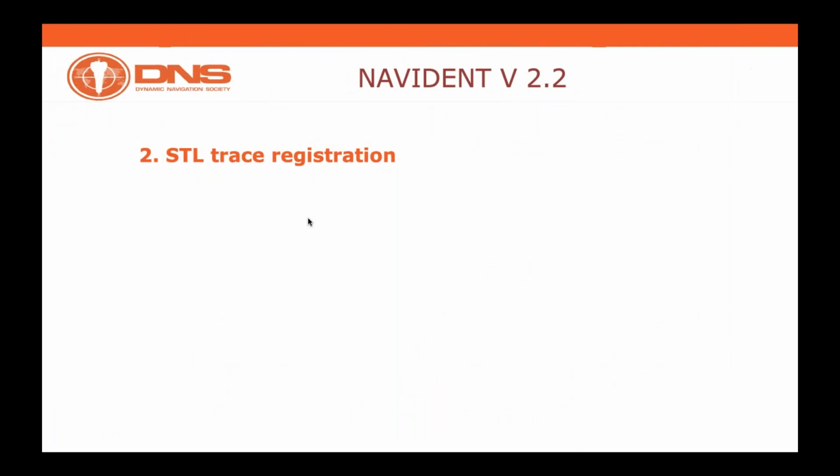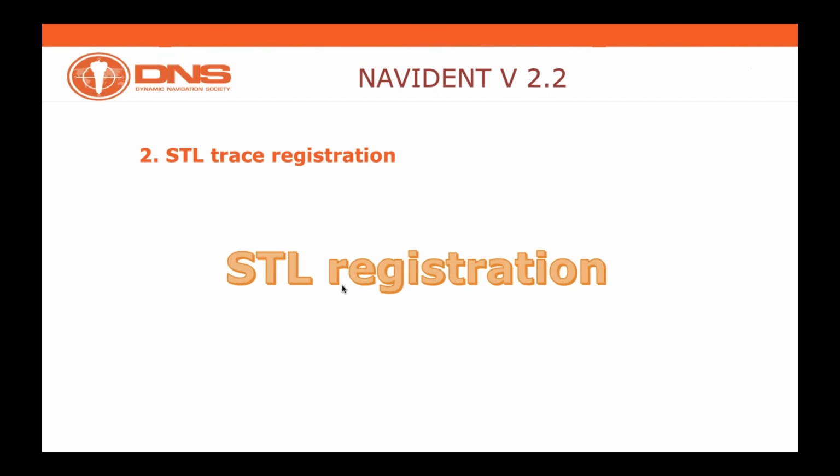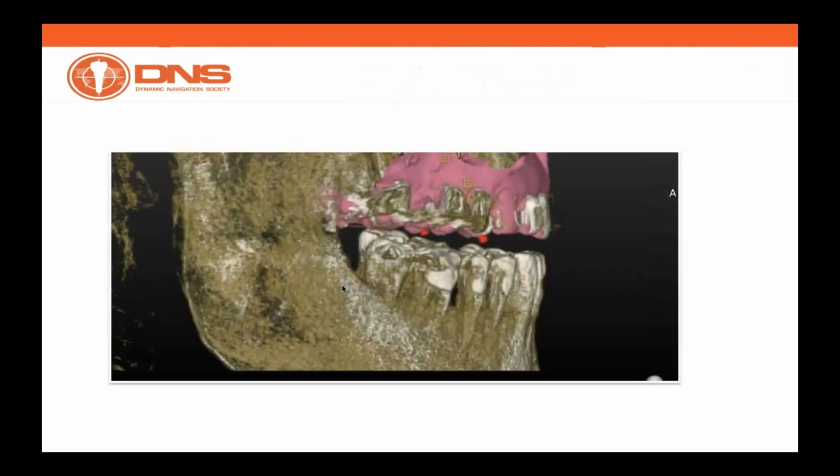So that is, as I said, the end of the first feature. We do have a second feature which is equally interesting, which, as we said, is the STL-Trace Registration. The STL-Trace Registration, as I said,